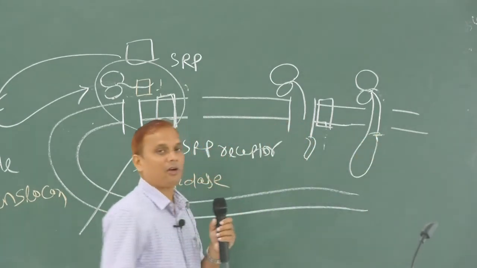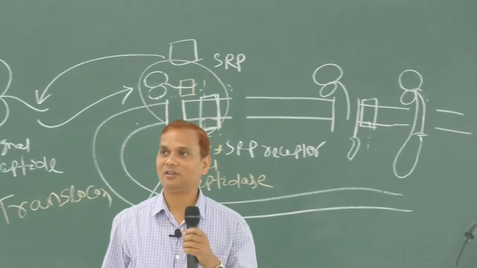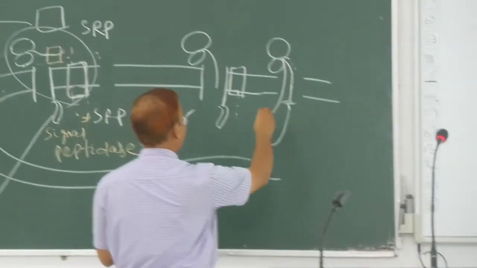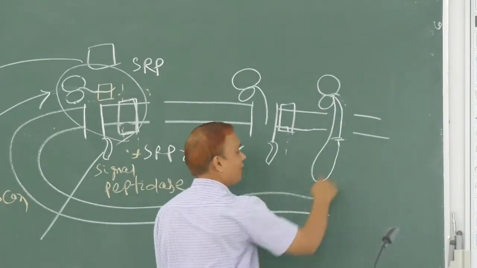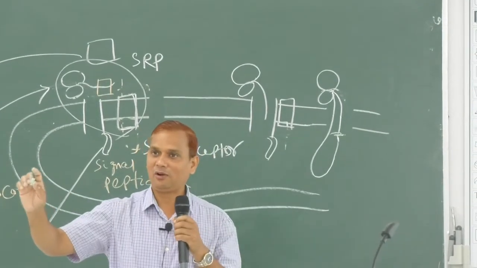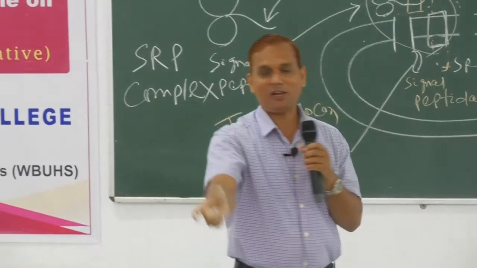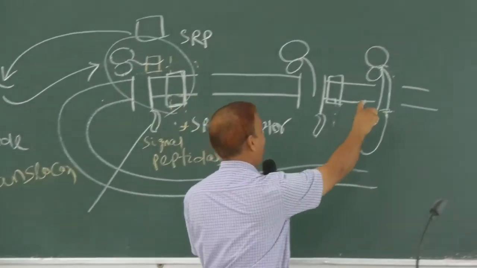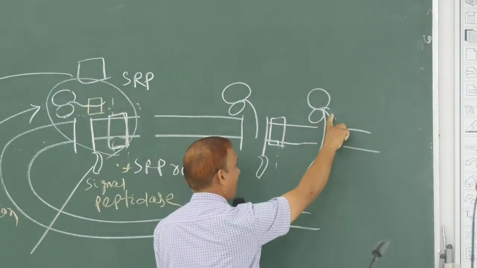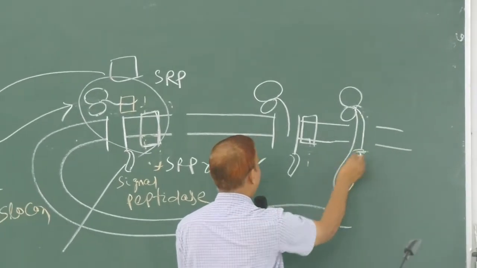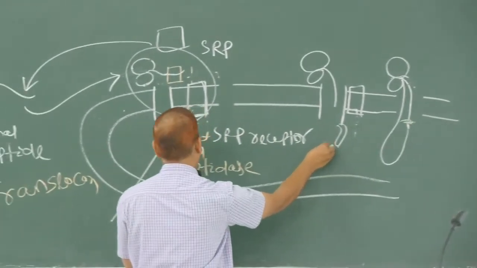At this point it will cut. Understood? So this is, I told, what is this? The total is about 70 amino acids. That hidden 40 amino acid protein is there, and 30 amino acids, that is your signal peptide. What will happen? This enzyme, signal peptidase enzyme,